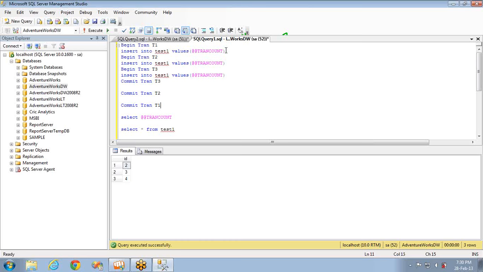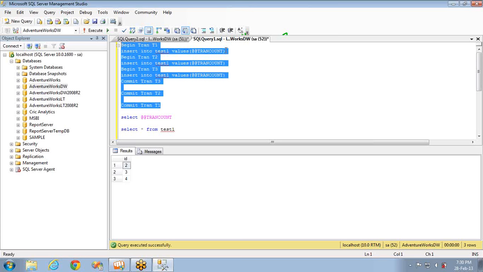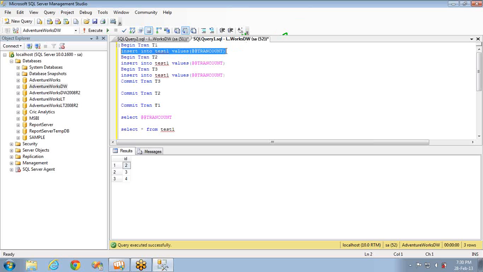Okay. And what you have to observe here is how we can nest the transactions. Here you can have some conditions and some insert statements. Once it is done, you can have one more transaction. And if this is successful, you can have one more transaction. In this way you can nest so many transactions. And the most important thing in the nesting of the transactions is the rollback part.